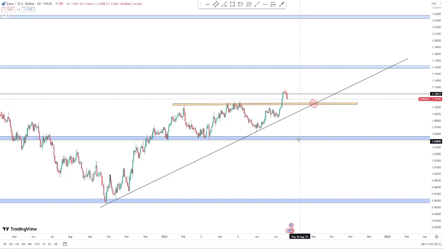But before then, if price wants to do that, we'll be waiting for price to give us a good reversal pattern around this zone here, like this, before being interested in shorting this market. But right now, all I'm interested in is buying this market, because if you take a look at the XY